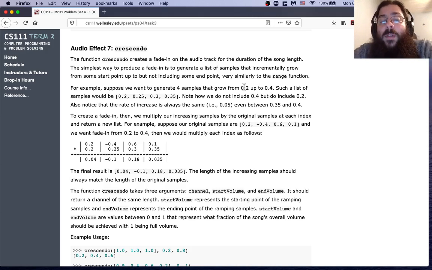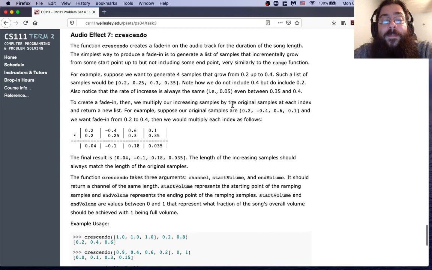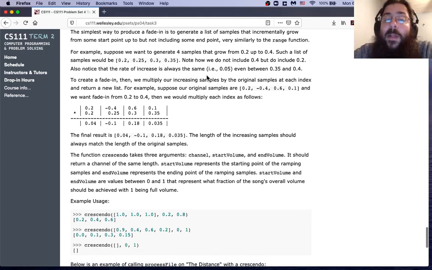We're going to have to generate the right number of samples and put them in even steps. So we go up to but not including the end value, so that would be 0.2, 0.25, 0.3, 0.35, and notice that we would go to 0.4 if we went 1 more time by the same step of 0.05. We take those increasing samples, we multiply them by the original samples at each index, kind of like we did with Make Softer, except it's a varying value that we're multiplying by instead of a constant value. And that's how we get our fade